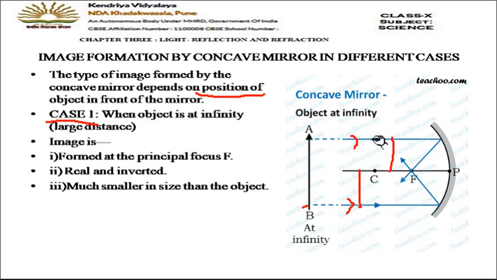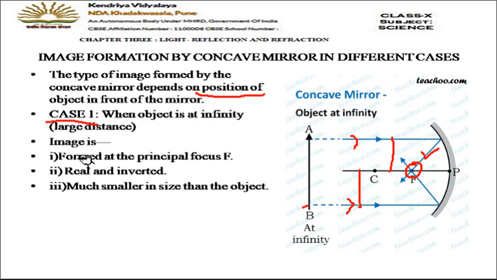So what is rule number 1? Remind now: whenever a ray which is parallel to the principal axis strikes the mirror, it gets reflected and the reflected ray will pass through the focus point F. This was rule number 1. So after reflection both parallel rays will pass through F. And it was already told before that the image is always formed at the point where the reflected rays meet. So where will the image be formed here? At point F. This is the place where the image will be formed. So come back to the theory here.